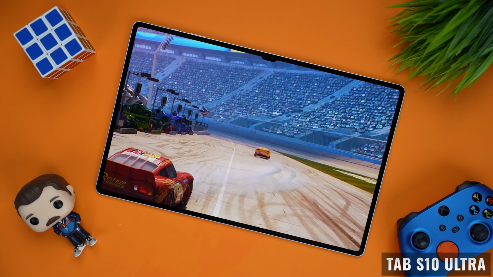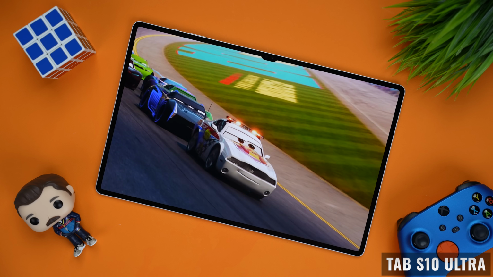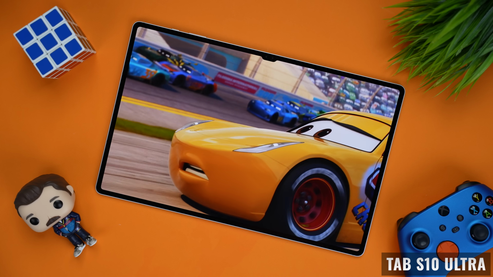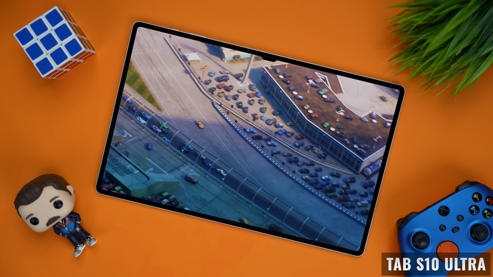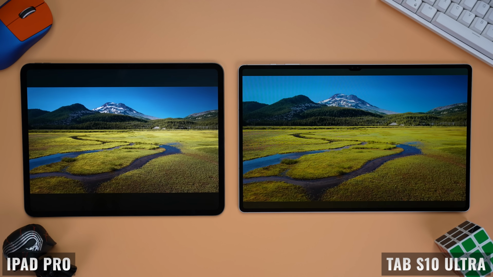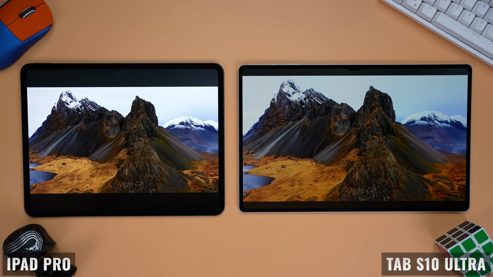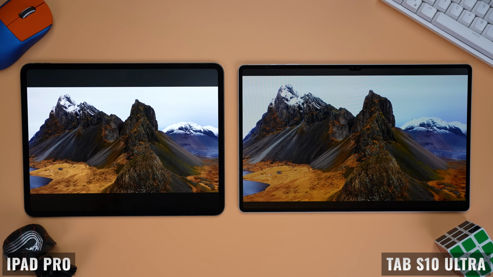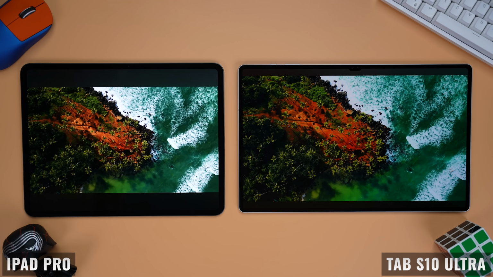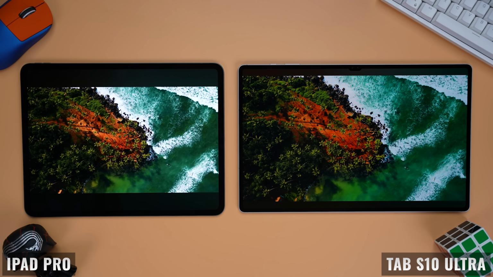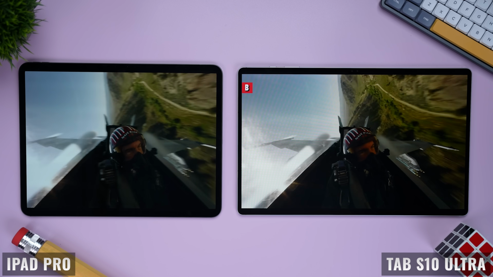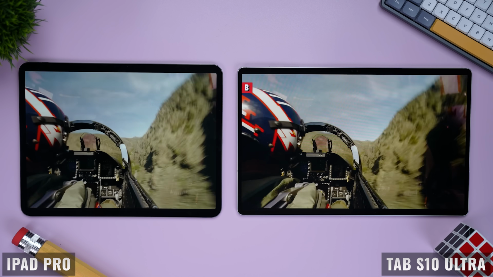the Tab S10 Ultra. Now, when you're watching movies or videos, the aspect ratio of 16:10 on the Tab S10 Ultra is closer to the aspect ratio of the content. And on top of that, the display itself is larger, so you end up getting a much bigger image with smaller black bars at the top and the bottom. And if you zoom to fill the screen on both devices, there's a much smaller crop on the Tab S10